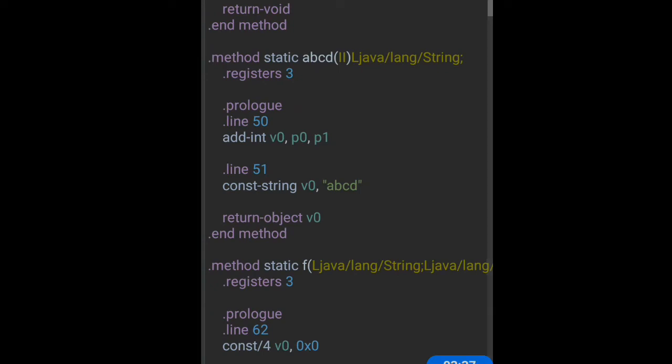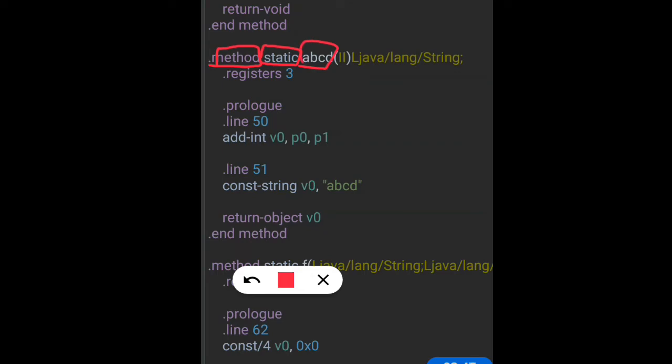At first you can see we have the method, and the type of method, that is static, public, protected or like this, and the name of the method, and the input. Here we have two inputs, that is two integers taken as input, and the return type is string. So at the last it is the return type.